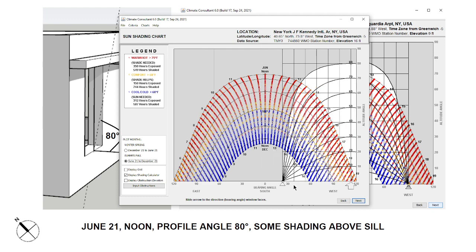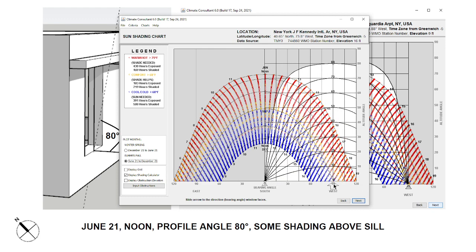And so I bring my bearing angle to directly west, and then if I want to, I can adjust my horizontal overhang angle with this slider. And so I could use a combination of these two, and I could model that also in SketchUp or Rhino and see how it compares. Okay, so that is